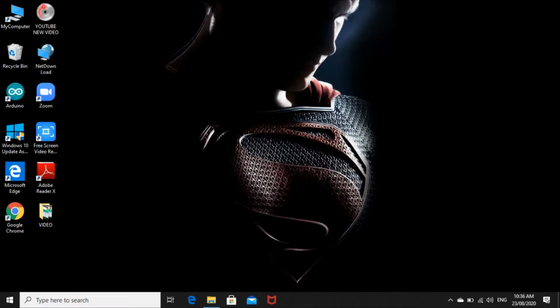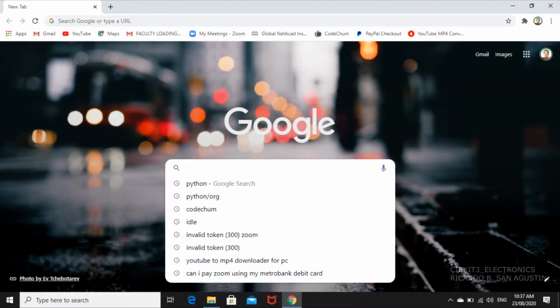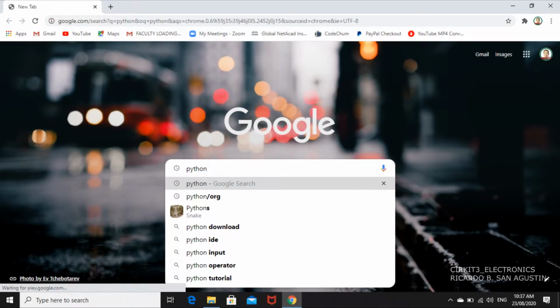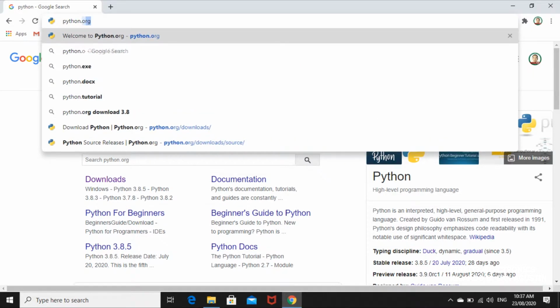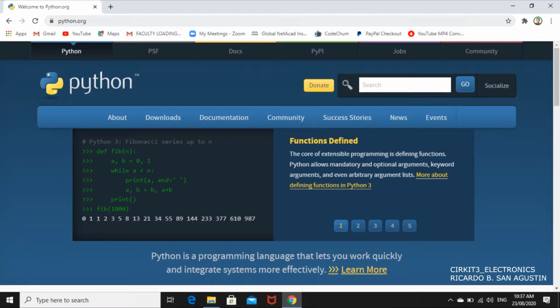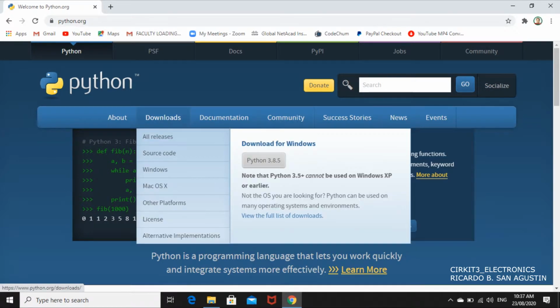In a Google search window, simply type Python. Once the searching is done, look for the python.org and the download link, or simply type python.org on the URL window and you will connect directly to their website. In the download link tab, you see the different links such as all release, source code, Windows, Mac OS, other